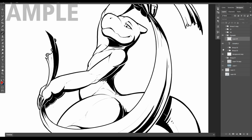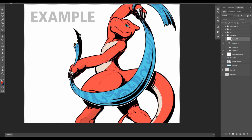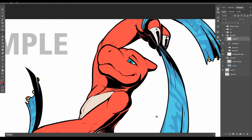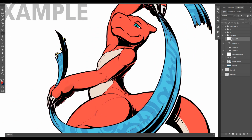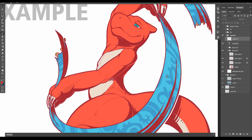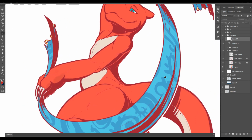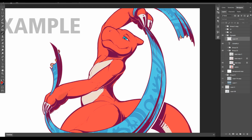Alright, so last thing I want to talk about line art is coloring line art. Most of the times you'll notice most of my drawings and illustrations don't have line art in just plain black color as you can see here. What I usually do is add a bit of color to a line art. This helps make the painting a bit more soft looking. The contrast becomes more subtle, so the whole thing doesn't look as contrasty as just using black for the line art. The way I do this is basically